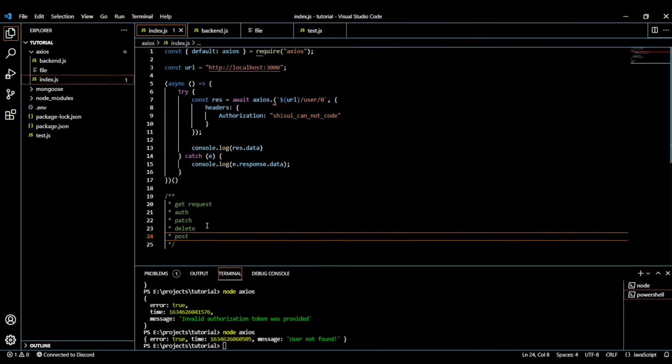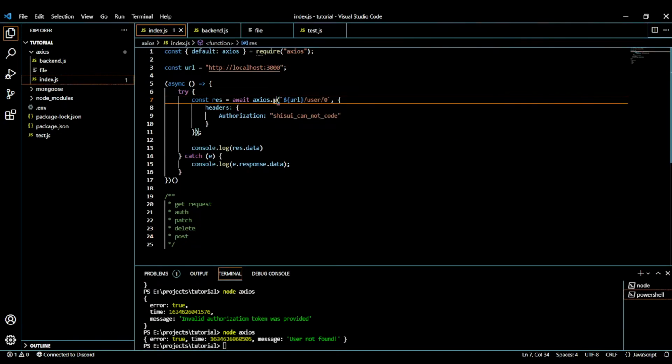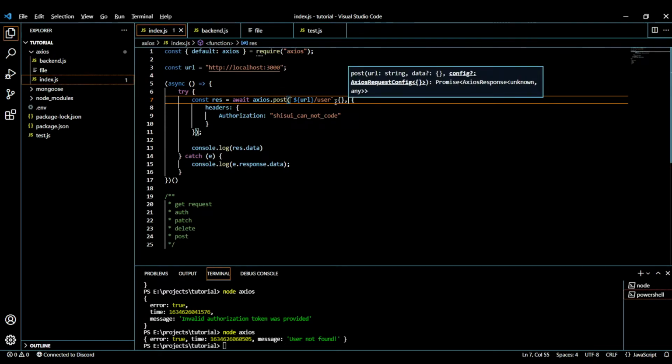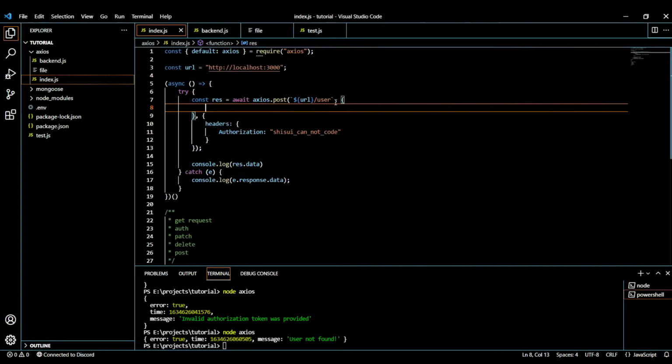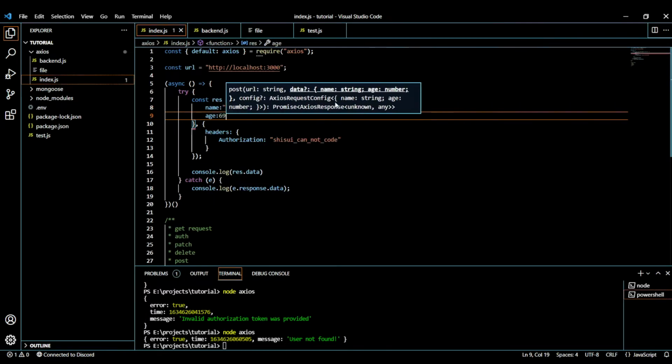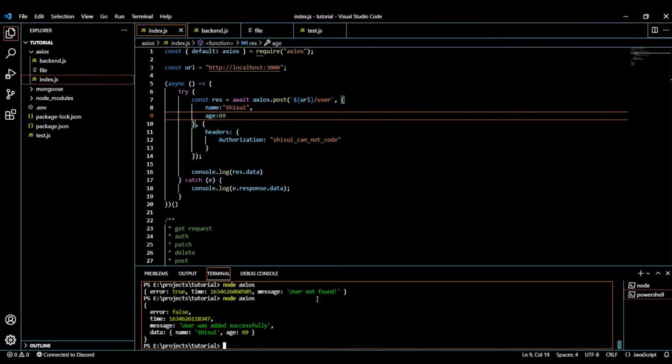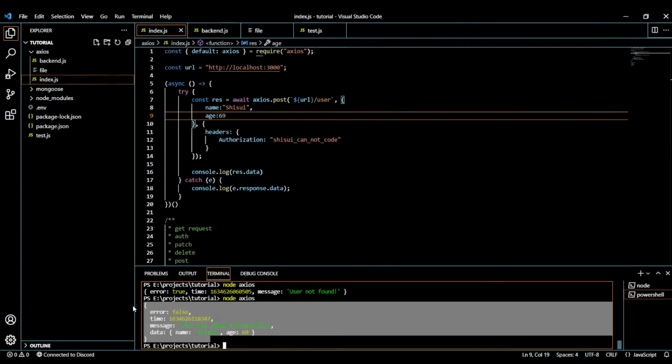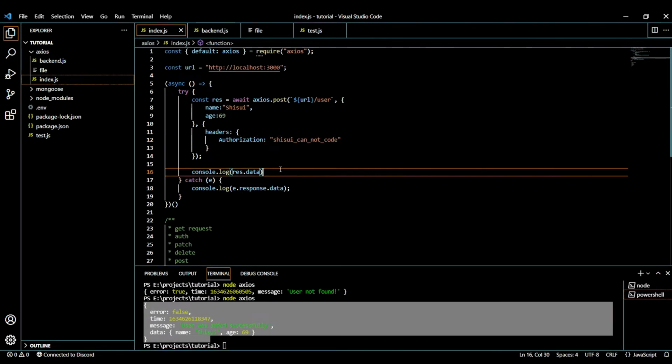Alright, now we will talk about post requests, like how to post data to some API. Well, it is totally possible that you need to post data. So let's begin. For that we will just do axios.post, but in post and patch requests, we have to provide a parameter before our configuration, and that is our body. For example, here I'm going to provide this little stuff, name and age, in the body, and bam, you can see new user was added successfully. So that's how we post data to any API, like literally any API.